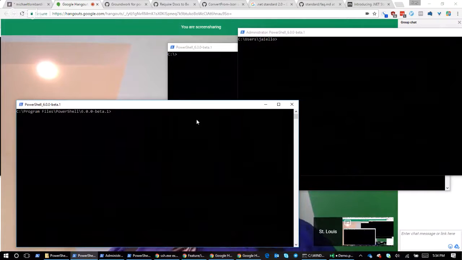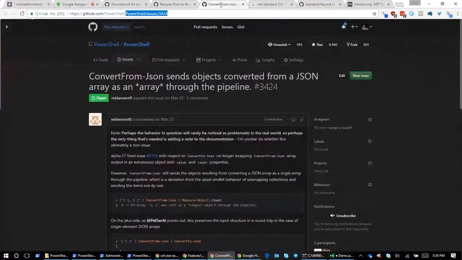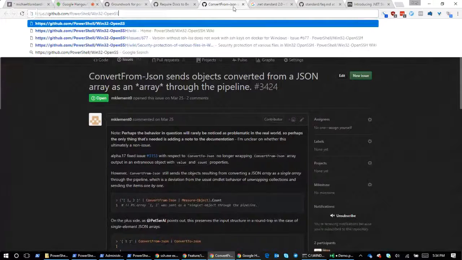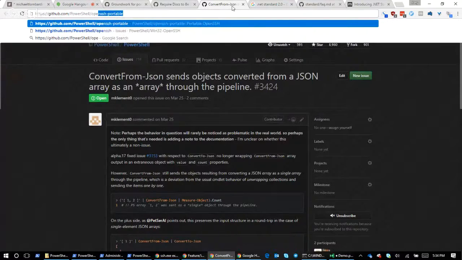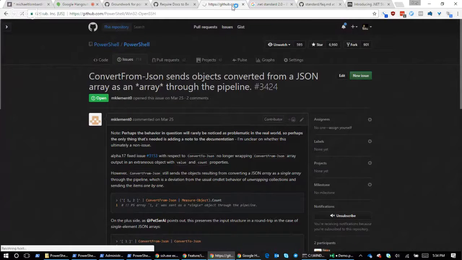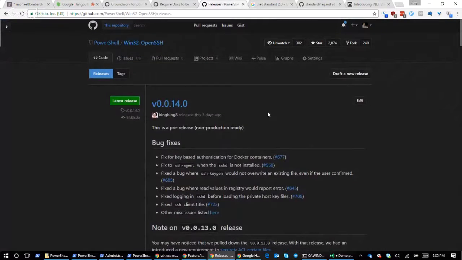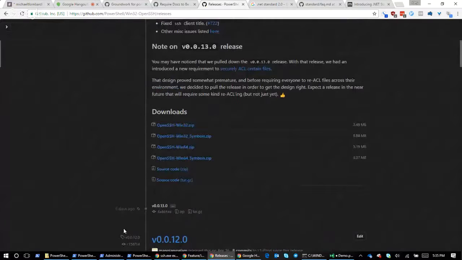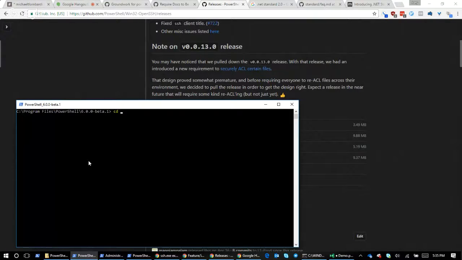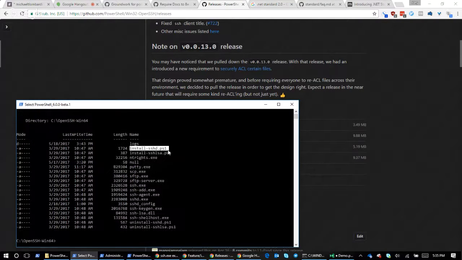So I meant to write this all down in a script, but I'm kind of winging it, so let's do it. First of all, OpenSSH, where can you go get it? GitHub PowerShell Win32-OpenSSH is where it's at. It used to be just OpenSSH, and GitHub's cool, so it redirects to the new name. This is where you get it. The releases tab here, we've got a zip. You unzip that thing, go to the folder where it's at, and as admin, you run install-sshd.ps1. Unfortunately, that's where we're at right now.